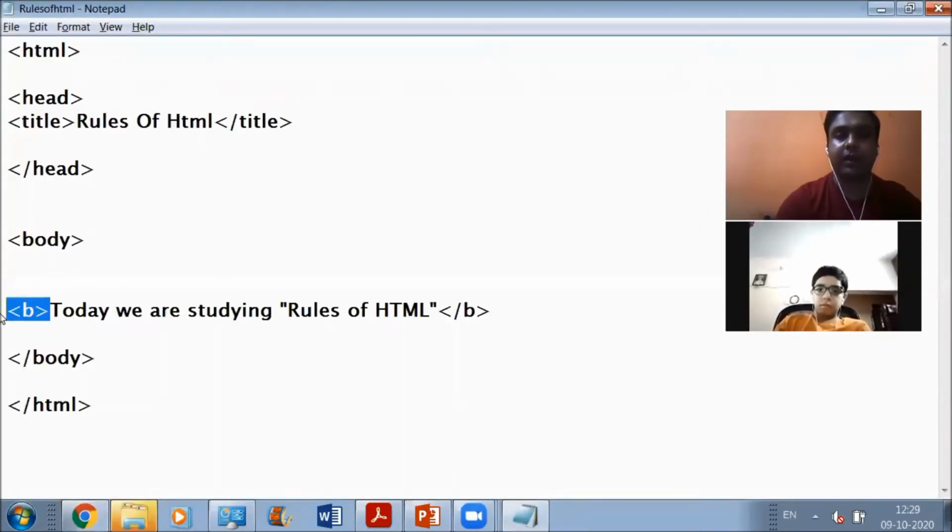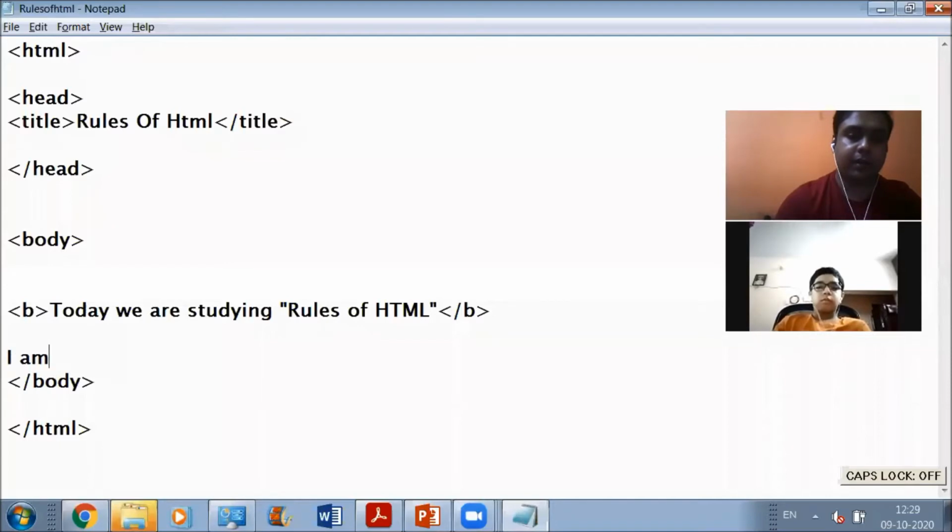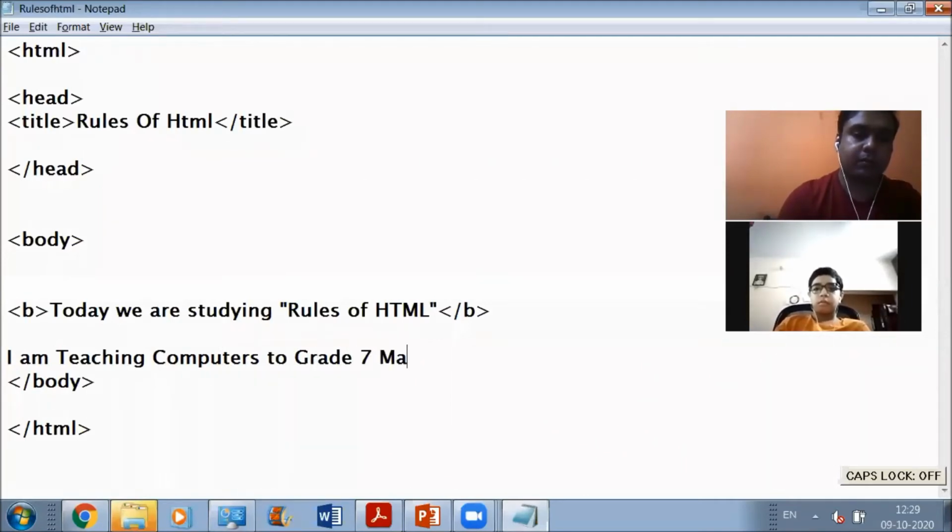It is a kind of container tag, and you can define the text inside this container tag so as to make it bold. Now, suppose let's write down another line here. I am teaching computers to grade 7 Mahavidya.